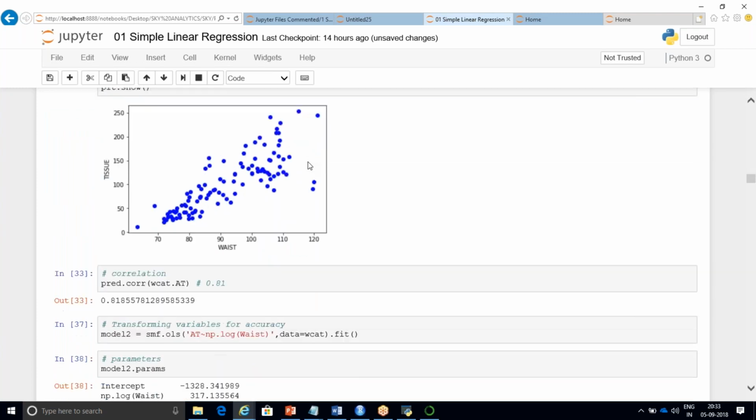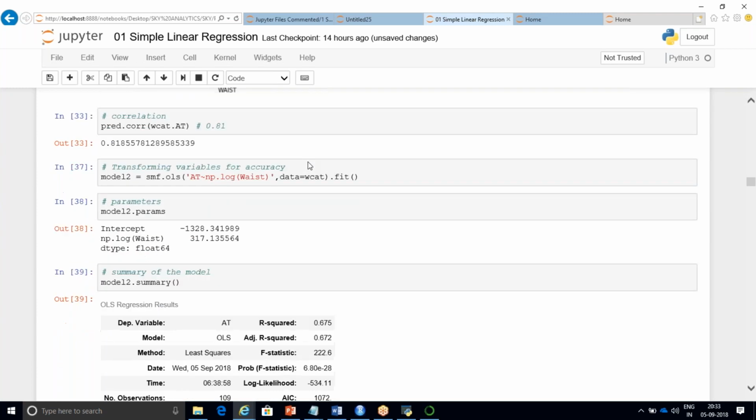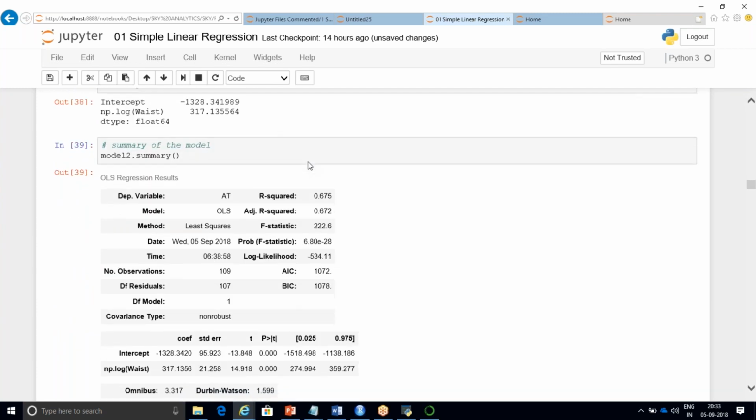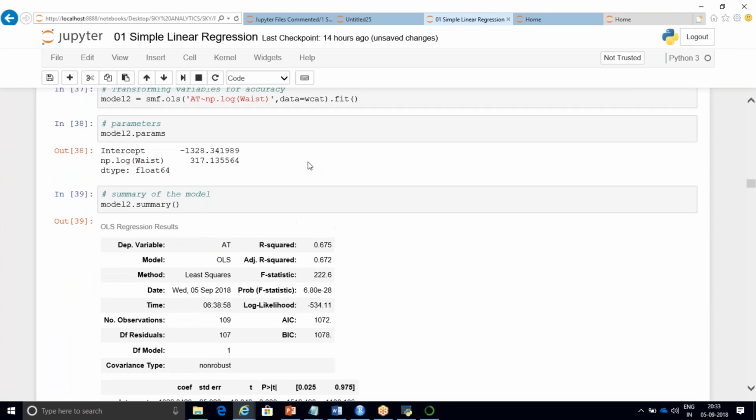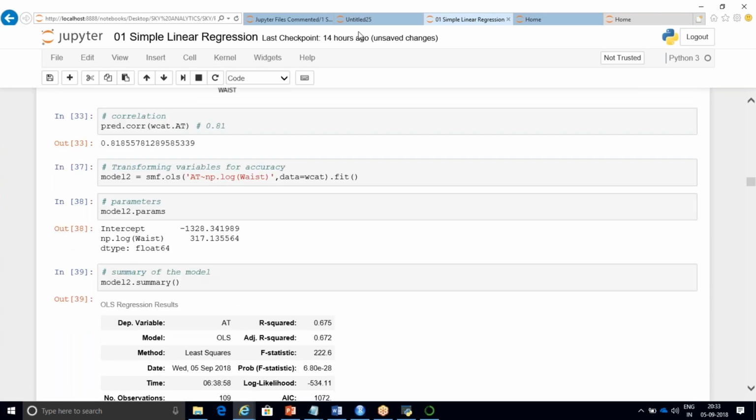Okay, I've given it as tissue, fat. Now what I'll do is I'm going to show you transformation. I want to increase the accuracy of my model from